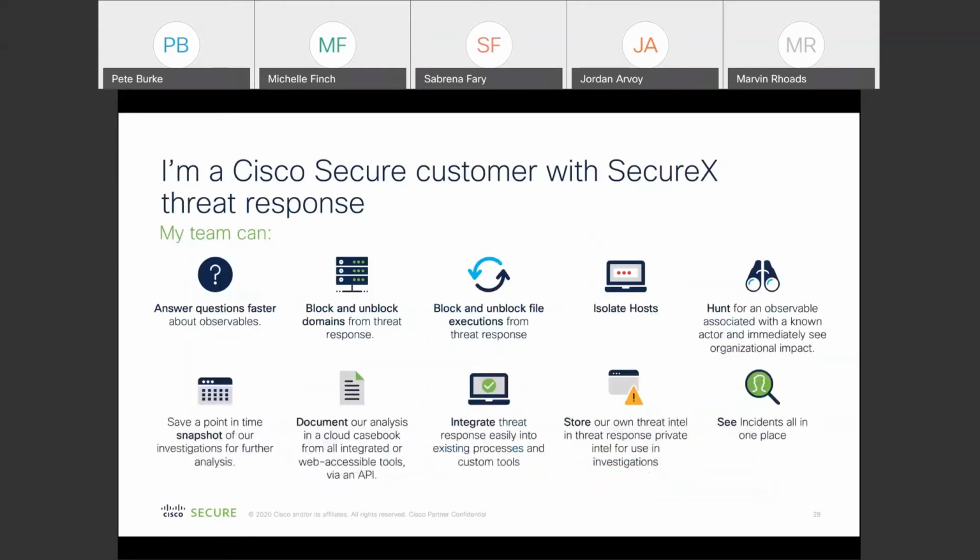So, very last slide, I swear. This is what you can do. Some of our claims, or the claim to fame with SecureX or SecureX threat response, is